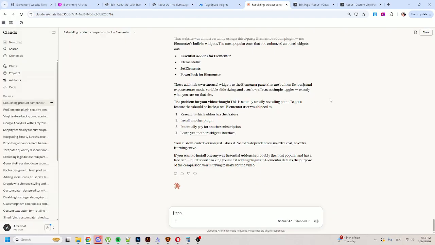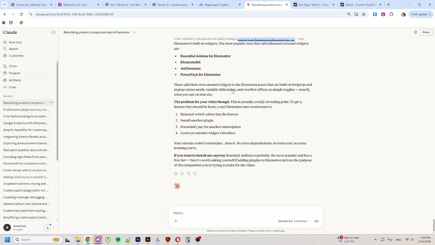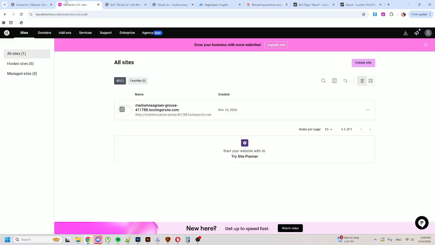So I asked Claude about it and it said that I might be able to do it if I install a third-party Elementor add-on plugin, which I think is hilarious. That's something, and it says it too. To get a feature that should be basic, they would have to research these add-ons and install one and potentially pay another subscription. And basically what I would say would be the most useful thing about Elementor would be discovering new